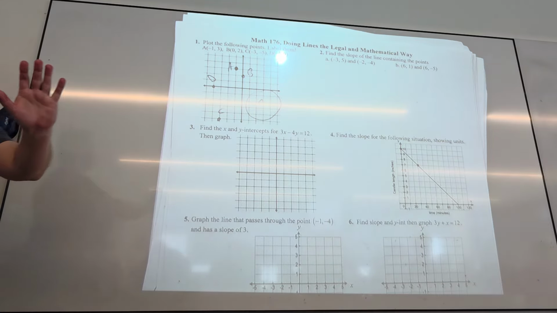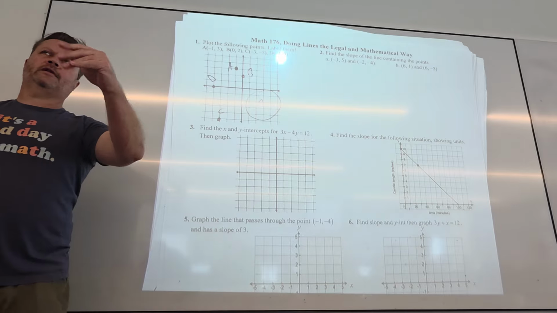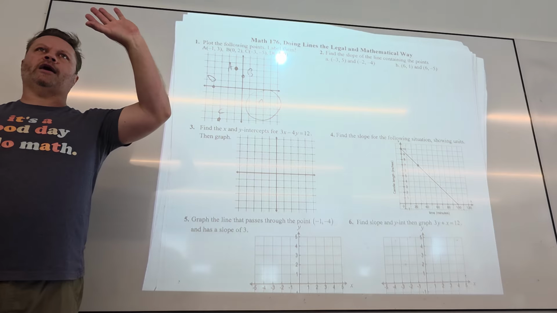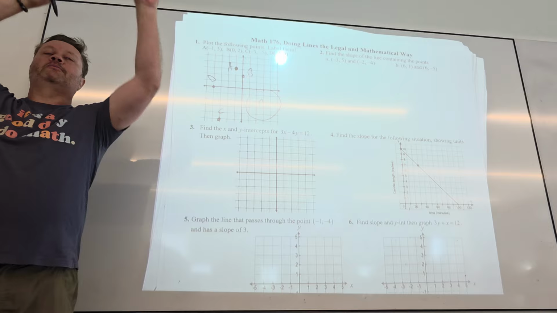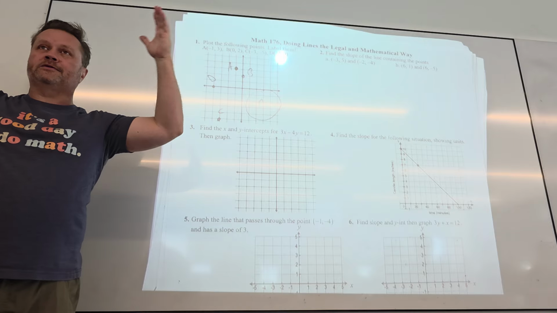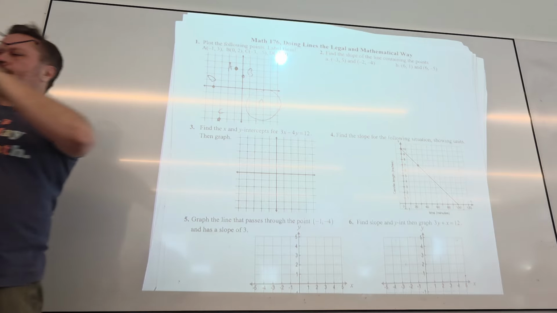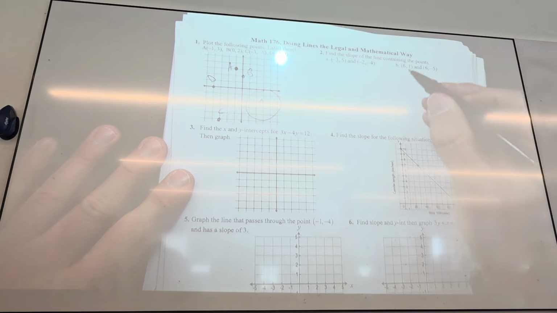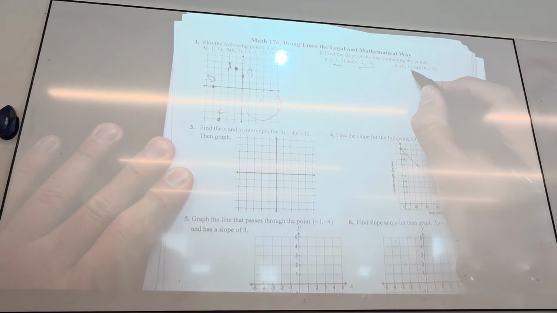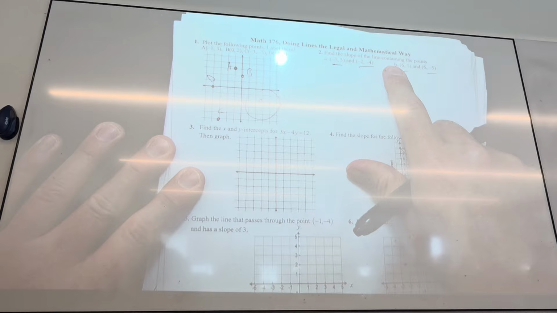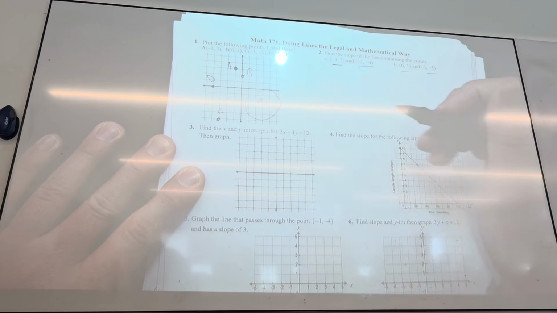Good? Okay. What I love is like when I taught elementary algebra or whatever, and I had a problem where they had to plot a bunch of points, they would plot them and not label them. And I'm like, how am I supposed to grade this? So I'm always like, label the shit out of it. Okay. If I give you 2 points and they're not in a graph, the quickest way to get the slope is to do what?